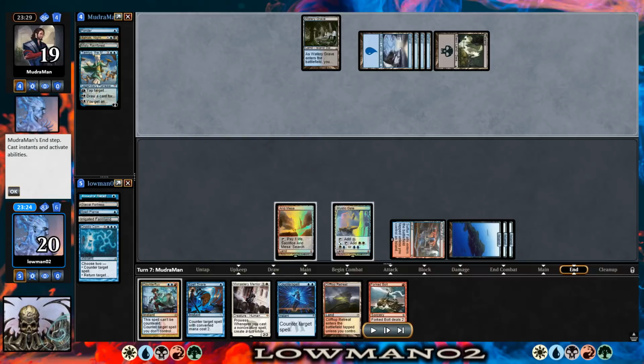more efficient. For instance, Tamiyo's a 5-drop, I cast a 4-drop that drew me a card and also countered it. Ashiok's a 3-drop, I cast a 1-drop that countered it. So I'm accruing mana advantage that way. I'm not per se accruing card advantage, although I guess Cryptic Command is card advantage, but I'm accruing mana advantage that way. So I think what you want to do is try to accrue resource advantage virtually through forcing me